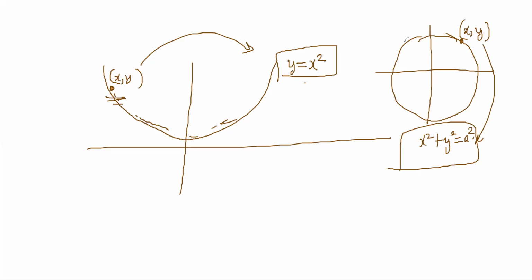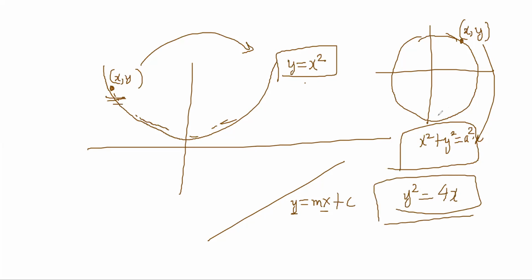Think of the figure here where you are moving a ball on this bowl. If it is a parabolic bowl, the ball's x and y coordinates will always fit the equation y is equal to x square. So y is equal to x square will be called the locus of this ball. If the locus is a straight line, that means it moves along some line like this. Here x and y are the point's coordinates. If the locus is a curve, it could be anything: y square is equal to 4x, a circle, or anything.